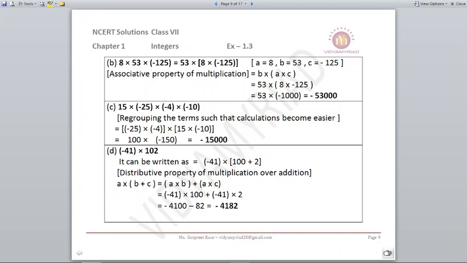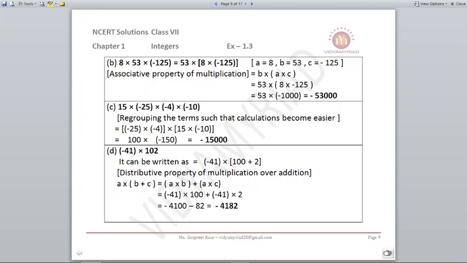Now I have taken 25 into 4. Now how to judge this? Just look at the ones place, and try to multiply with the ones place. Now 25 into 4, ones place is 5, 5 fours are 20, I will get 0 at the end. 15 into 25, 5 into 5, 25, I will get 5 at the end. So somewhere by hit and trial method, you can use it in your mind to make your groups easier.